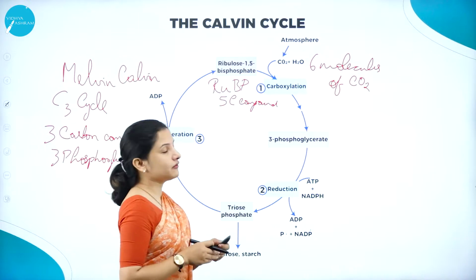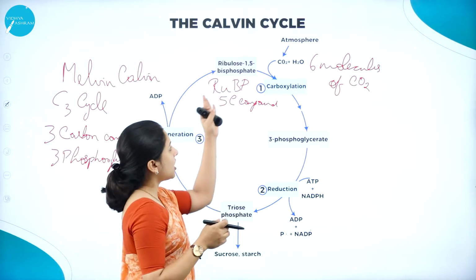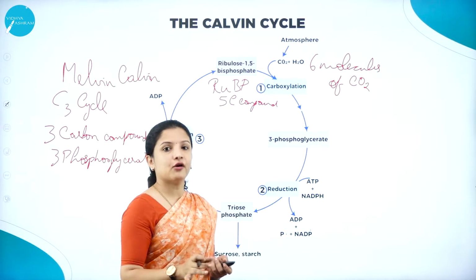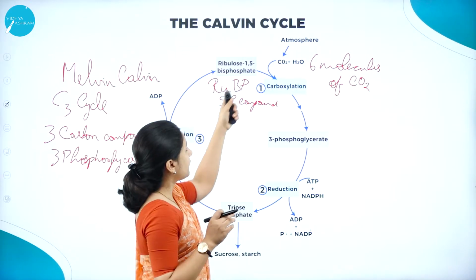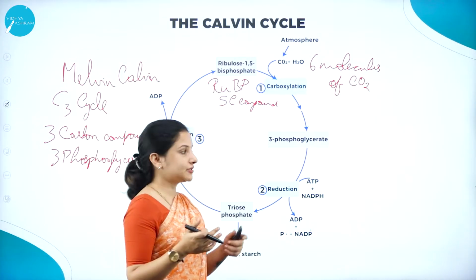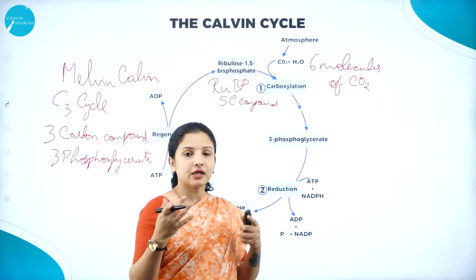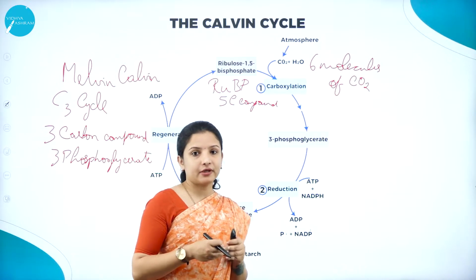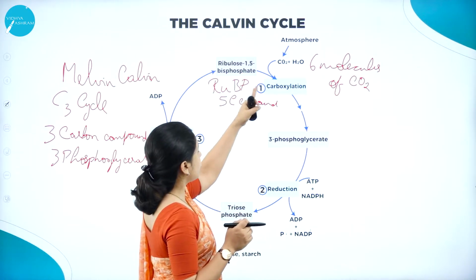The ribulose 1,5-bisphosphate helps the plant absorb 6 molecules of carbon dioxide from the atmosphere. Therefore, if it has to convert or reduce the carbon dioxide into a 3-carbon compound, 6 molecules of carbon dioxide are absorbed with the help of RUBP,